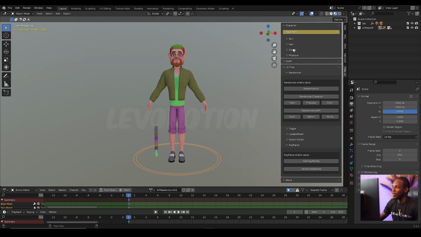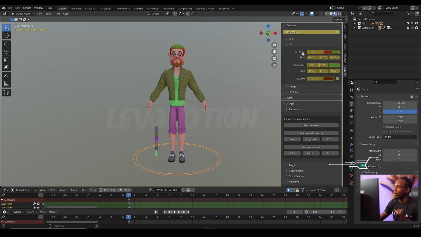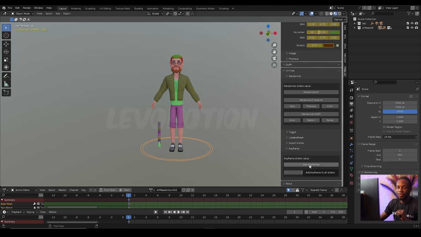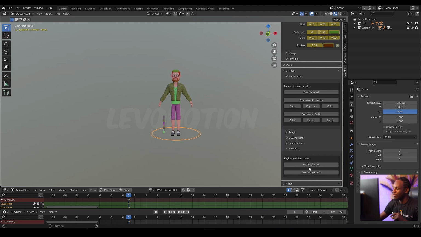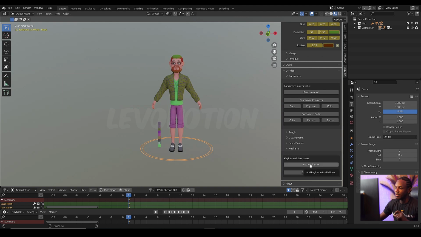Now, manually, you can also add a keyframe by using I. For example, if you want to keyframe the hairstyle here, you can just use I on the keyboard, and that's going to add a keyframe to it. But the difference between doing this and using the AY keyframe button is that when you use your normal I, it doesn't keyframe the visibility of the object. It only keyframes the slider responsible for that object. But when you use the inbuilt keyframe button, it keyframes everything. So using the inbuilt keyframe button is a more effective way of keyframing your object.